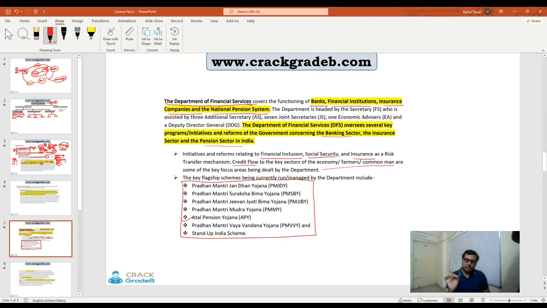There are some key ministries and departments of the government of India, right? And they are responsible for implementation of those schemes. Okay, I'll do one thing. I'll conduct one separate session on how to handle this scheme part, right? How to handle this scheme part, because maybe one or two